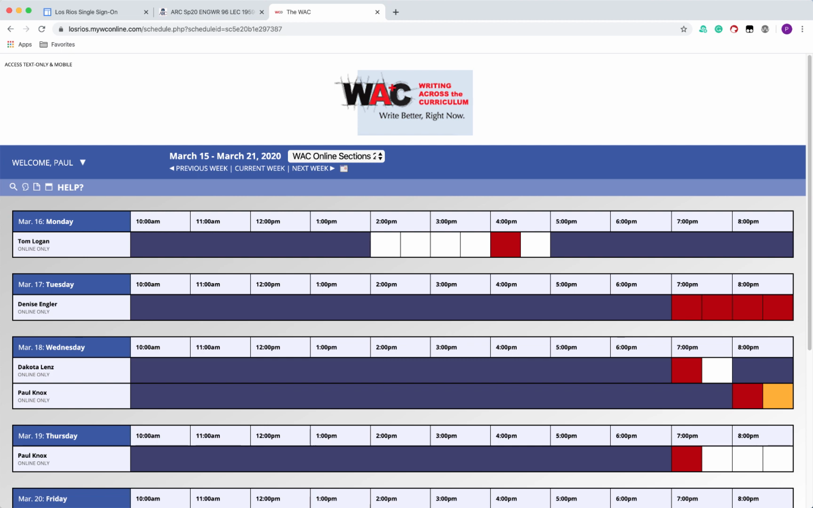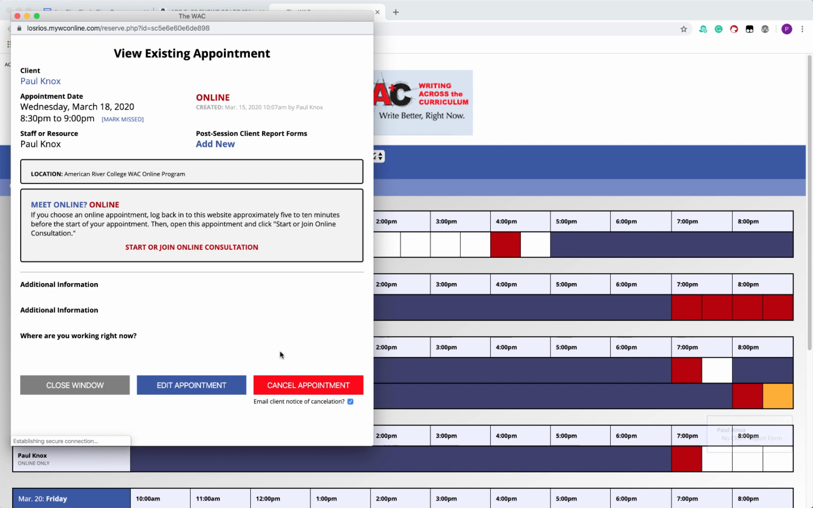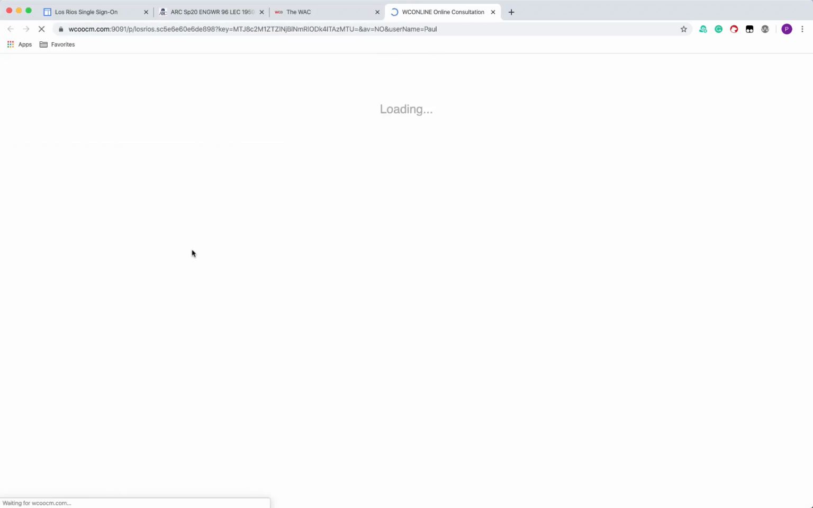So the first thing you will do is go to your WAC schedule and click on a red block during whatever time you are scheduled. I'm going to use this yellow one because I've created this appointment just for the purposes of this demonstration, and then I'm going to delete it as soon as we're done. So you click on the block, you then select Start or Join Online Consultation, and you see the WC Online